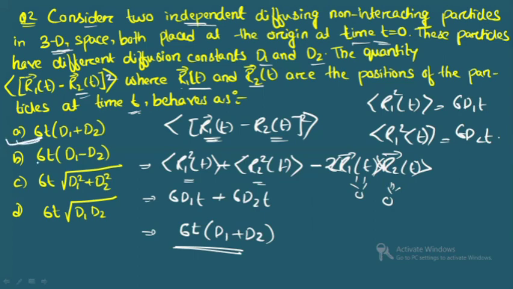The question was quite simple. Two independent diffusing non-interacting particles are there in three dimensions. Both are